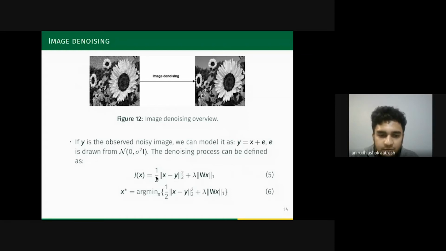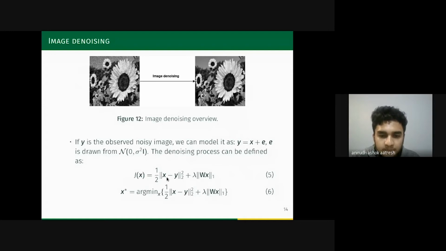and it is commonly formulated as equations 5 and 6. We formulate a cost function which takes in an image that is an intermediate solution. We formulate this function so that we can minimize it to obtain a denoised image. This cost function has two components, the first term and the second term.